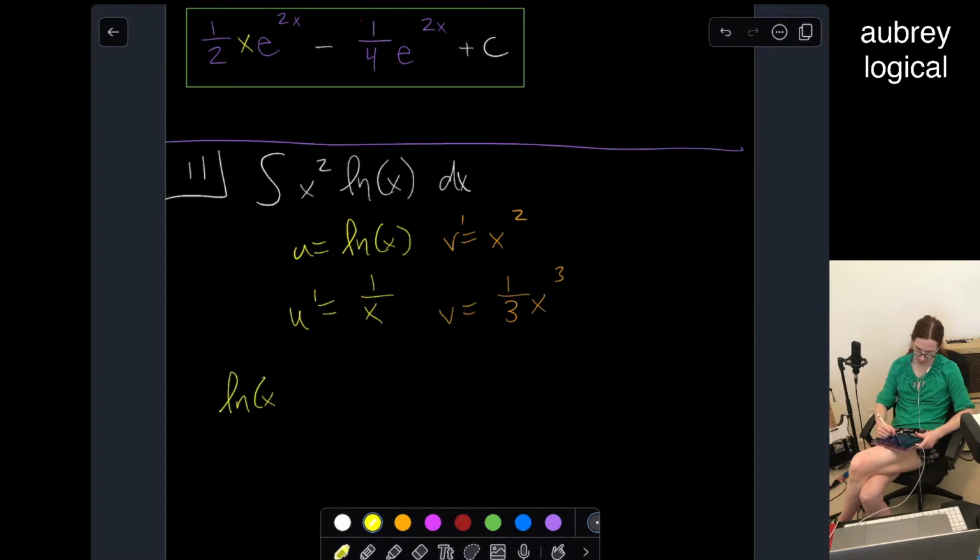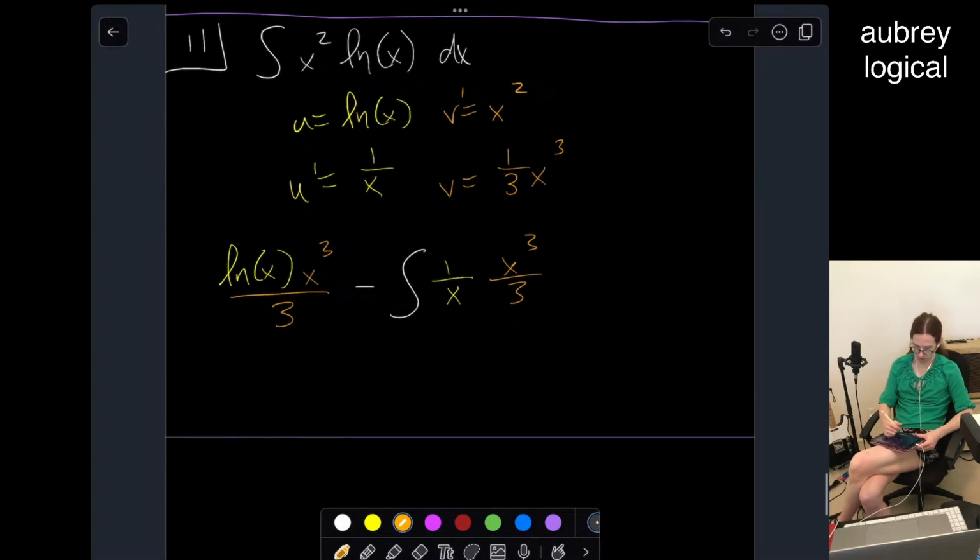Plugging into our formula again. U times v minus the integral of 1 over x times x cubed over 3, which is going to simplify for us into